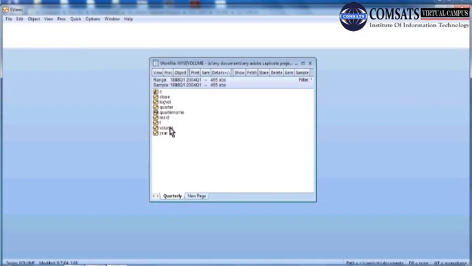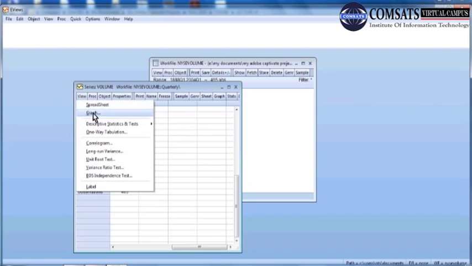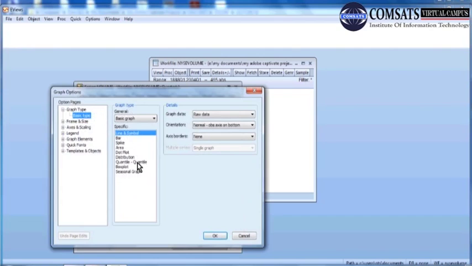Well, students, look, this is the variable for which we want to see the graph. We simply want to see the line graph, and let's see what happens.